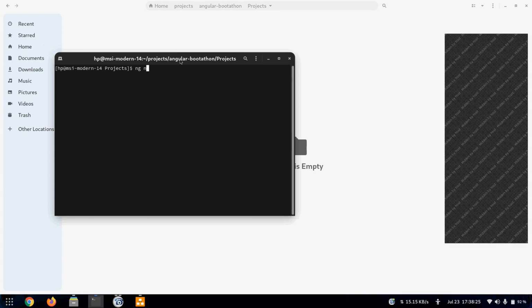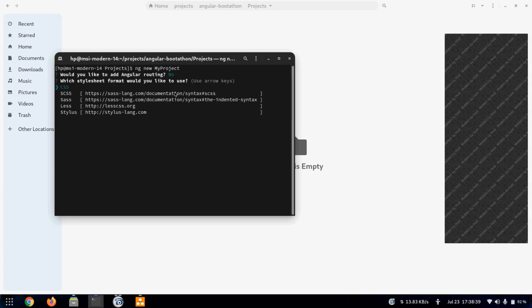Then we'll enter the command ng new name of project, like my project. Then we'll hit enter. It will ask us if we want to add Angular routing. Initially we'll say no, and then we can choose which style sheet format we like to use. There are various style sheets formats, but we'll stick to the default.